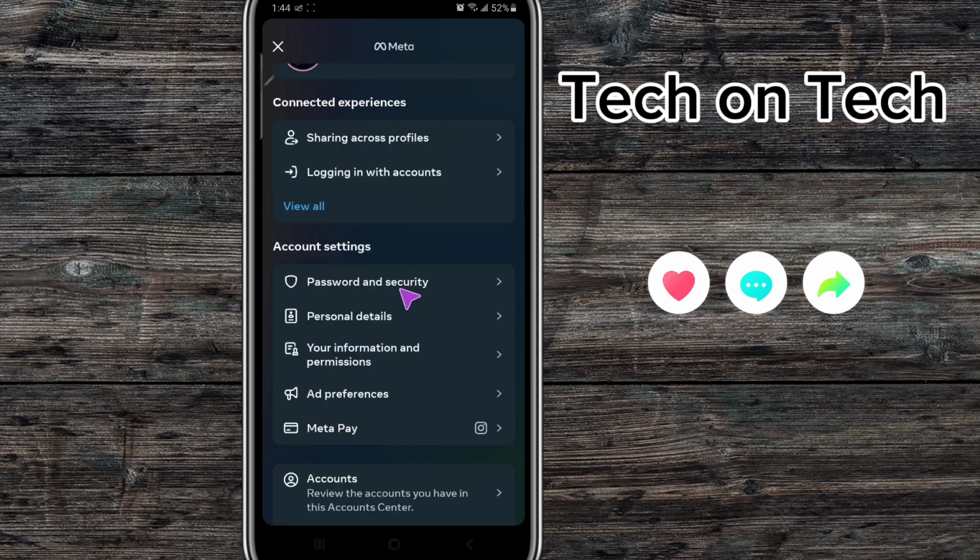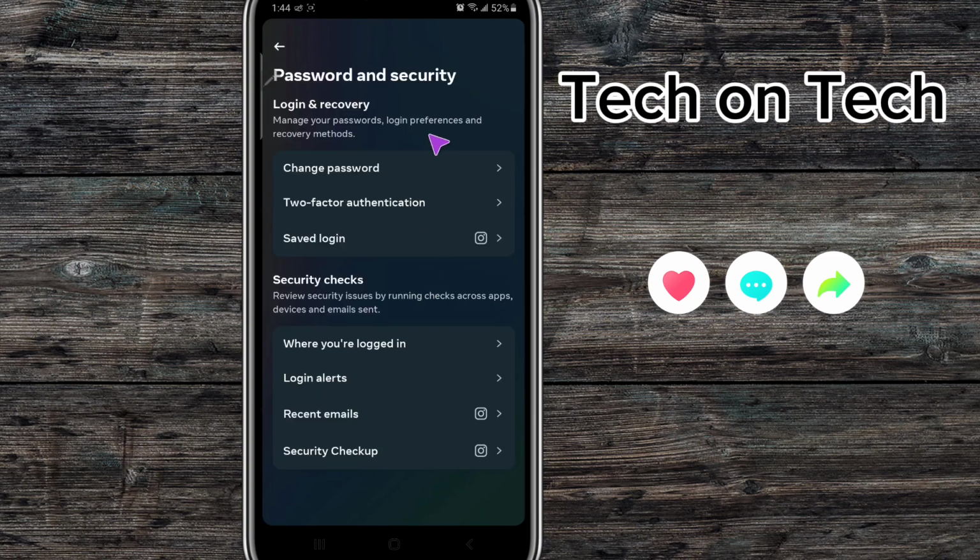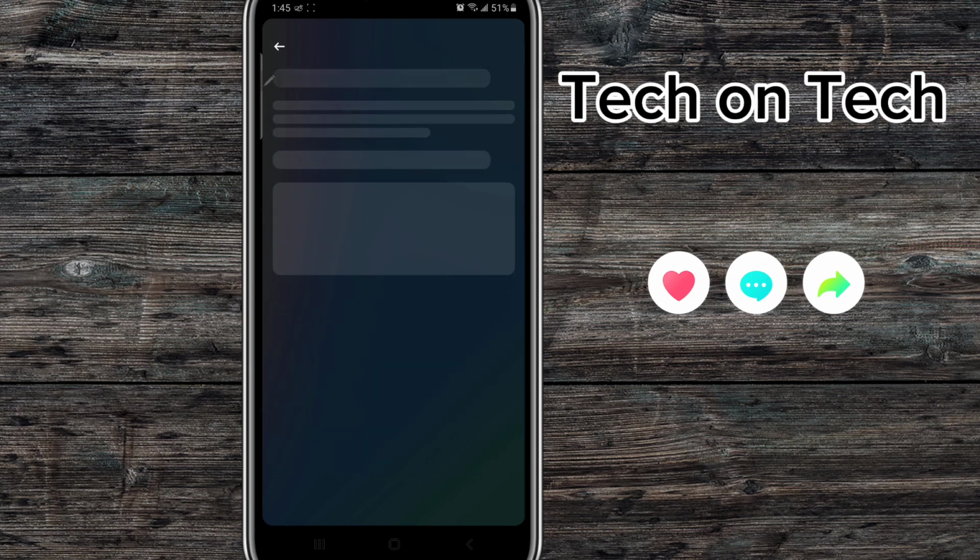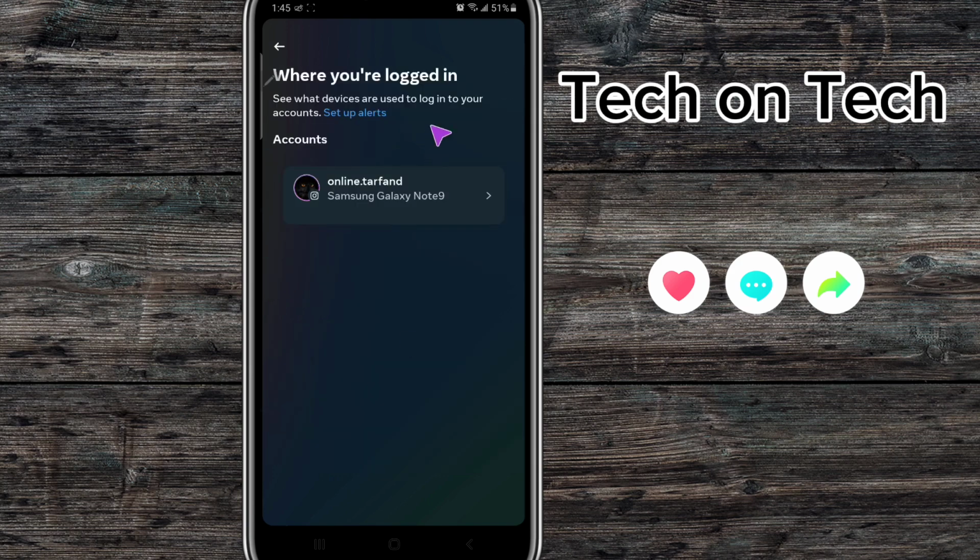Okay, click password and security. Click password and security and click the security check where you're logging in. Okay, login. Or is it you see active devices, for example Samsung Galaxy Note 9 in active account in Instagram